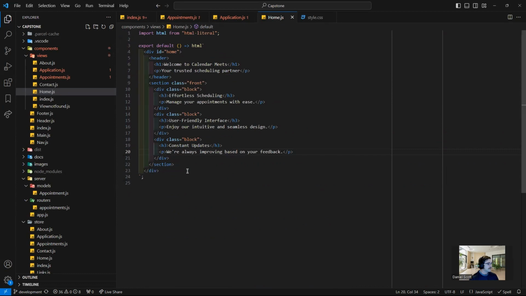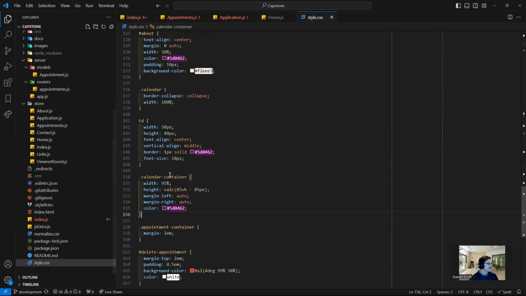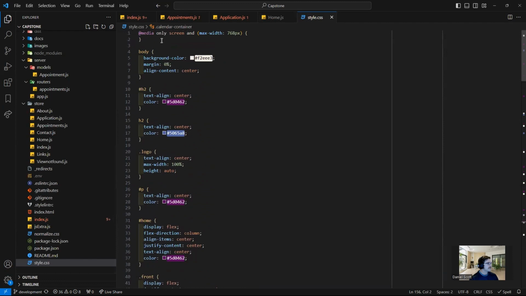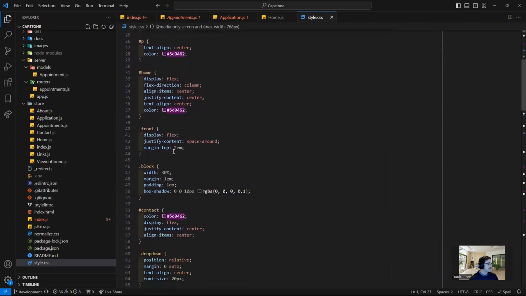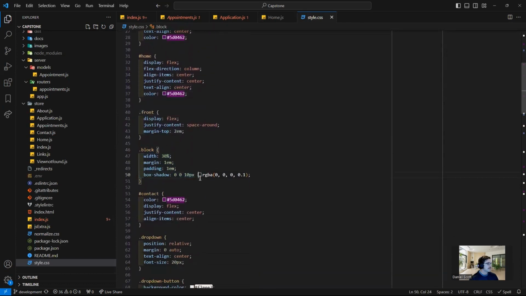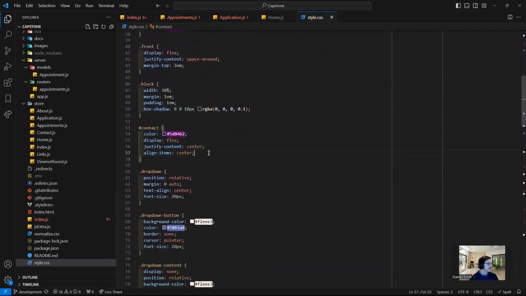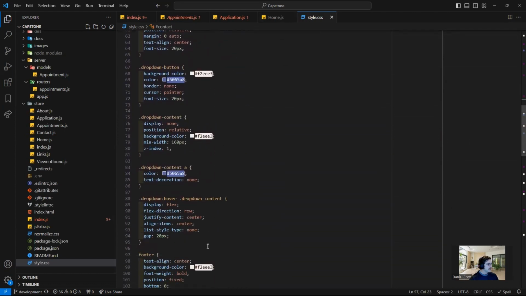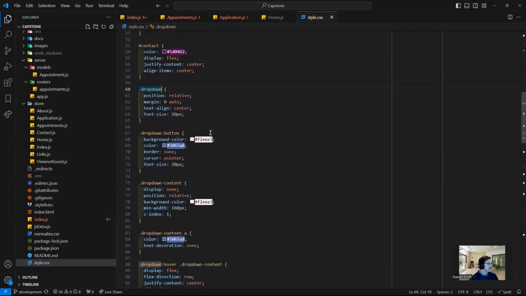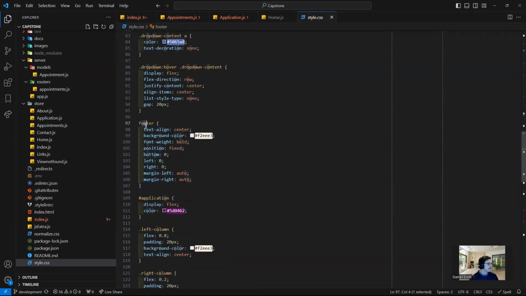Here's some of the HTML of my home page, my header. And here's the 3 blocks I created. My CSS, create media, my body, header, logo, paragraph, home, all my fonts and blocks that I created. I keep this at the top. Contact form, my drop down menu, I keep all together. Keep it organized. Footer,